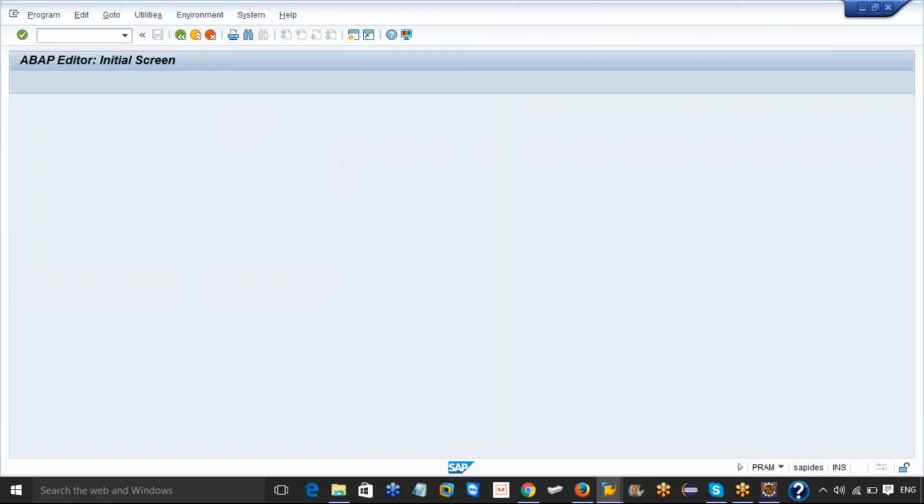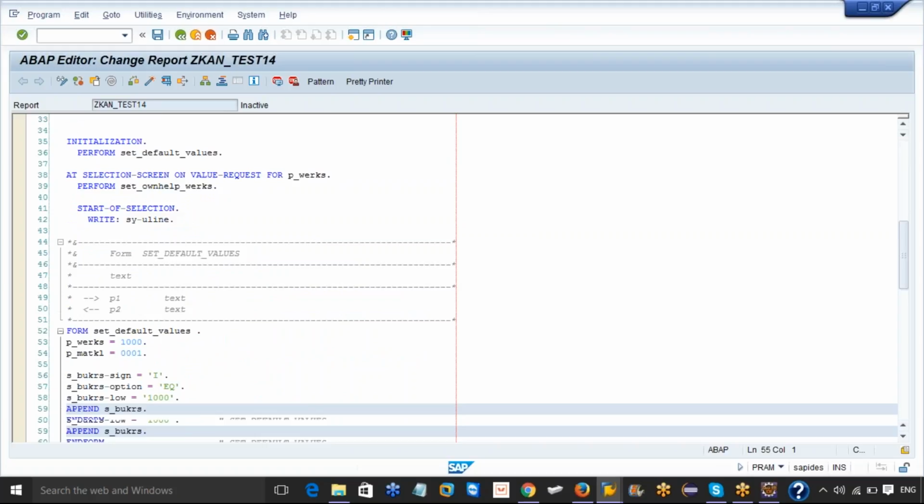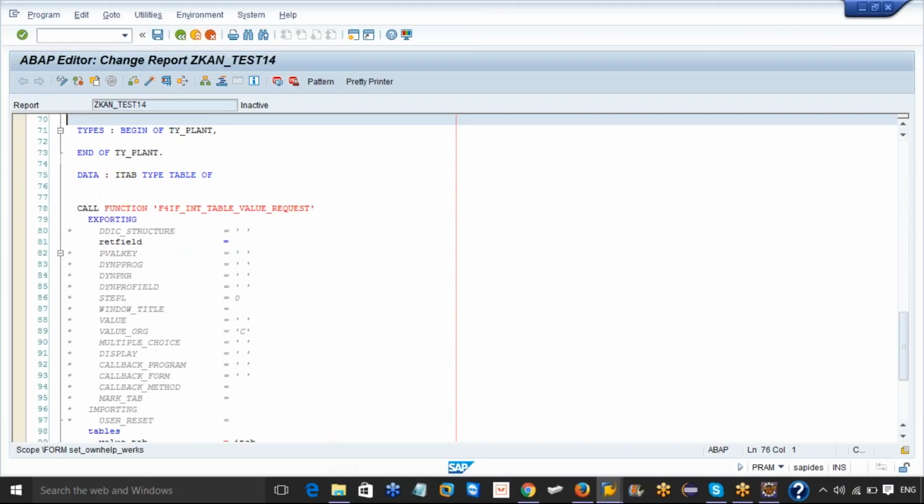So go into the internal table, go into the structure which we are doing now. So in this structure, I'll just put